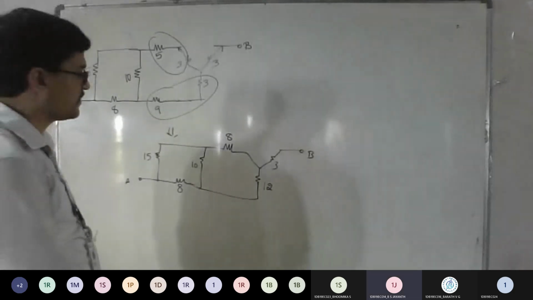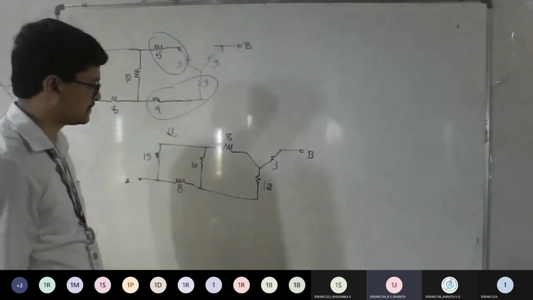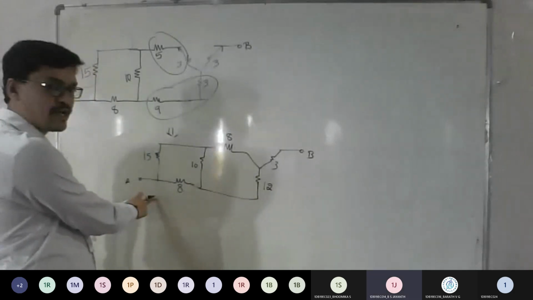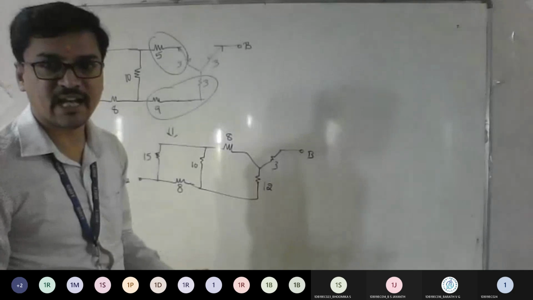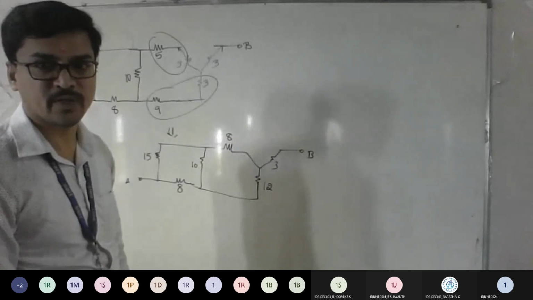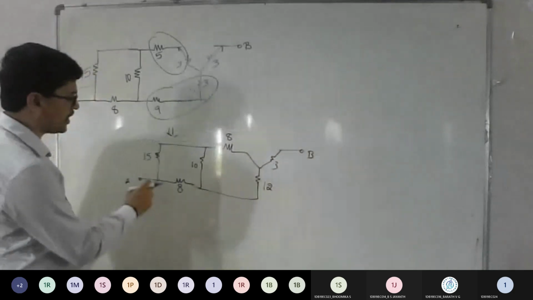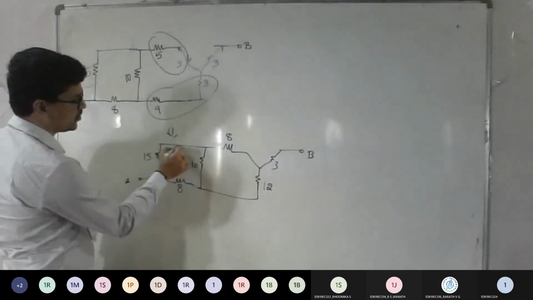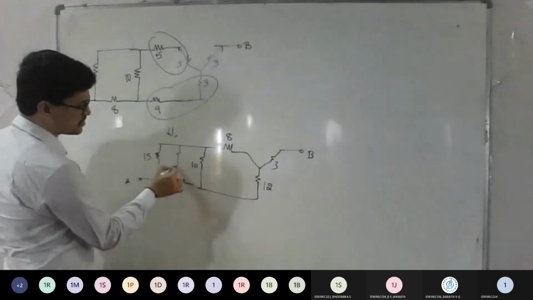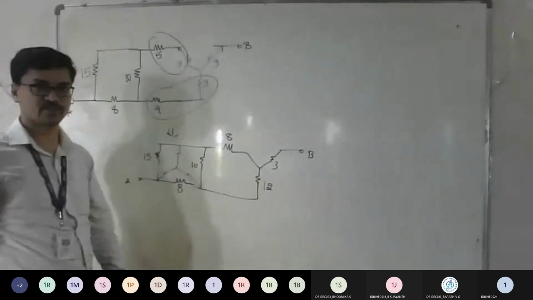Sir, do you want to convert this one network with respect to A? Okay, good. See, it's on a trial basis. You just check for which one you get a simplification. So between these two, one resistor; between these two, one resistor; between these two, one more resistor. So this is how it looks.